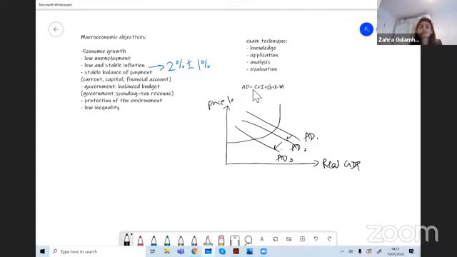We've got price level and real GDP. You've got LRAS and AD, and it's shifting to the left. This is where we can show it in a different color. Initially I was at Y1, I'm now at Y2, I'm now at Y3. So what's happening here is I've got a